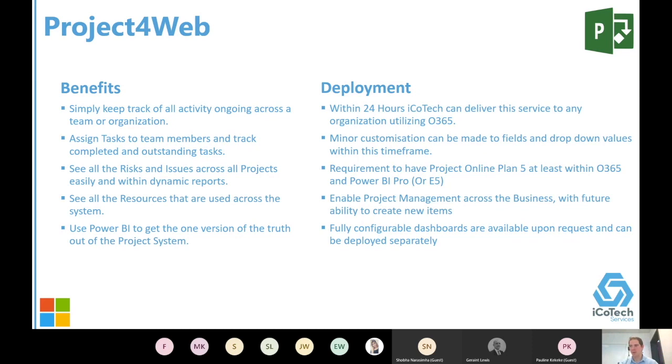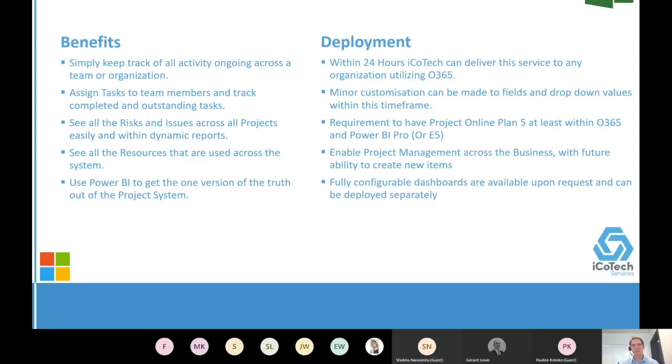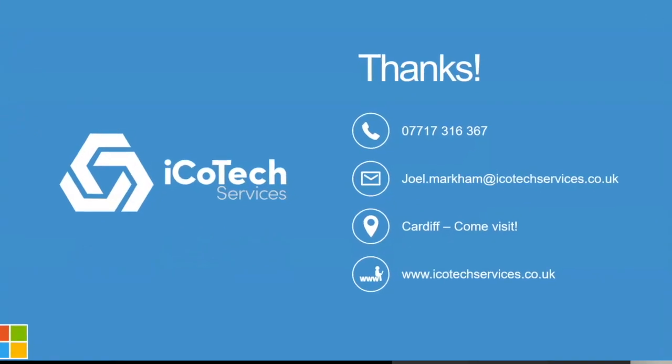You obviously do need a Project Online license to be able to do that, and Power BI if you want to use those Power BI reporting. But what that does is enable project management and task management across any business. And it gives you a platform for the future to grow, really. Okay, and then you can have configurable dashboards on there as well. So you can play around with the Power BI dashboards. If you had an internal BI resource, you could use that resource to go and build those dashboards, should you wish. Okay. So that's really it from me. If it wasn't